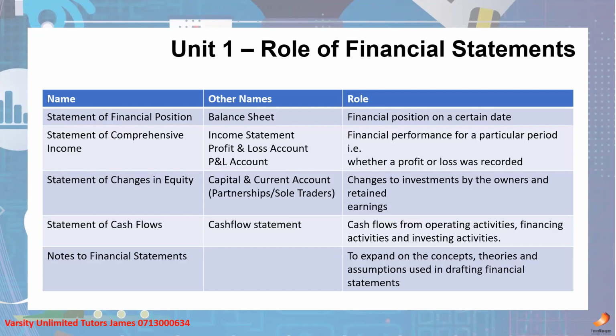The only way you can determine the value of that business is by looking at the balance sheet, because the balance sheet will show you what the assets of the business are, right? What the liabilities of the business are? Don't worry if you don't understand some of the terms. We will discuss the definitions of some of the terms on Saturday. But the statement of financial position is about the value of the business. So that's number 2. Comprehensive income: profit and loss, performance. Statement of financial position: what is the value of a business?